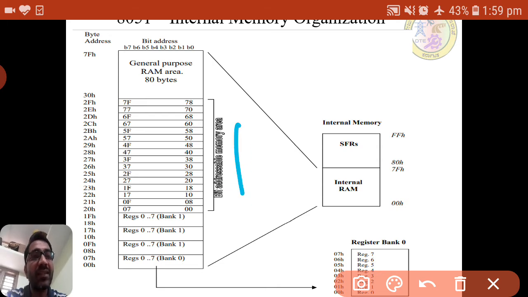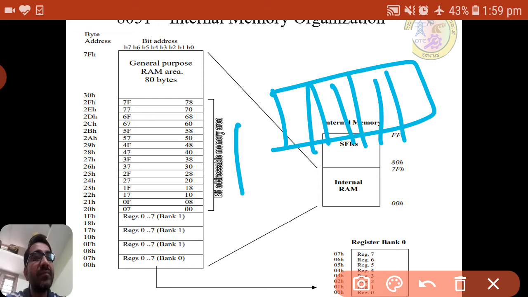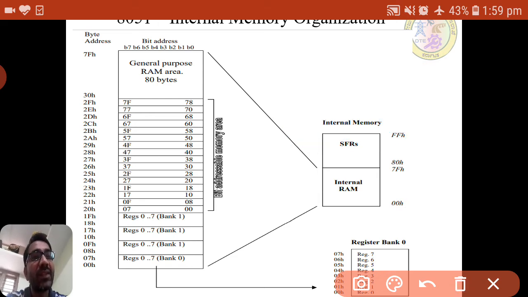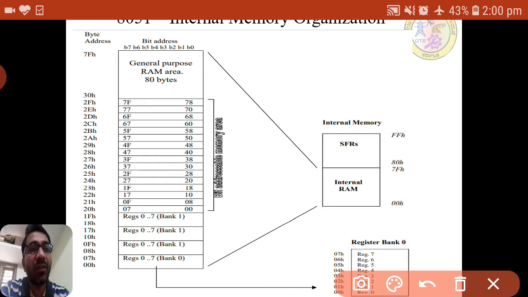Byte addressable means we can directly write 8 bits. For example, write 24h directly, so the 24h value is written to a particular address. That we call an 8-bit operation.